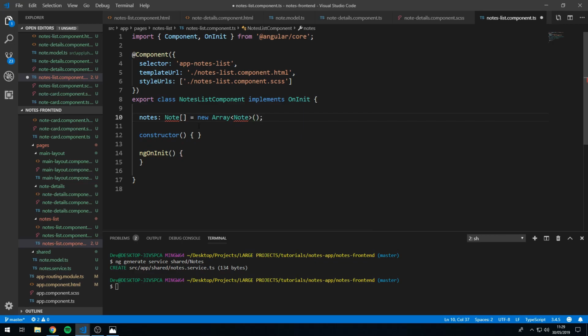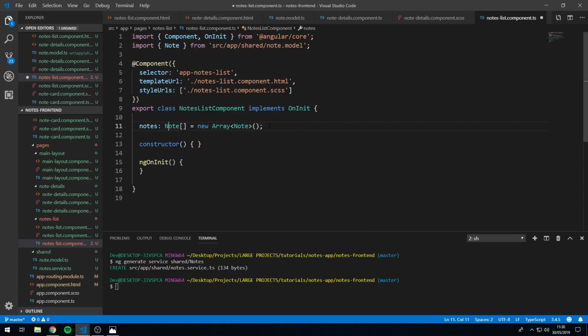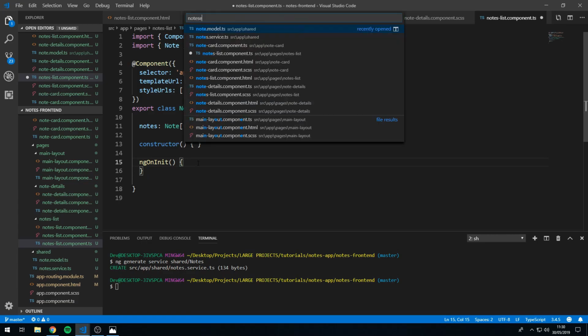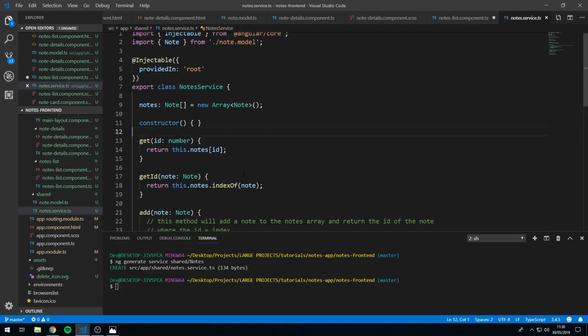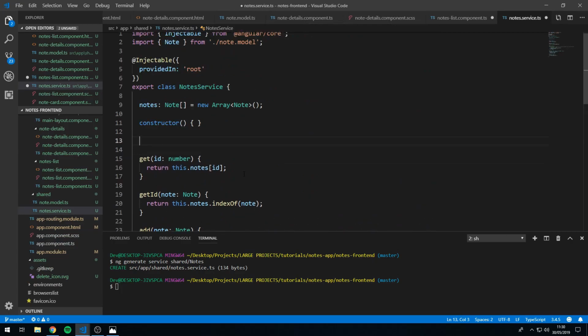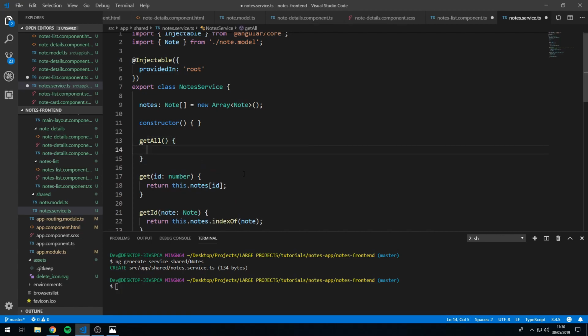There we go, and this has to be imported. So let's import that note model. And we actually forgot to create one method in the note service. So let's go to the note service again, and let's create a method at the top here called getAll,